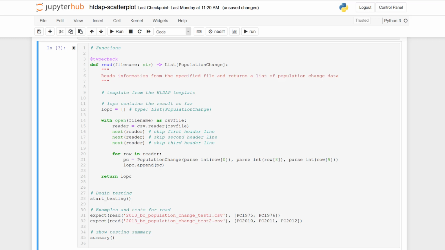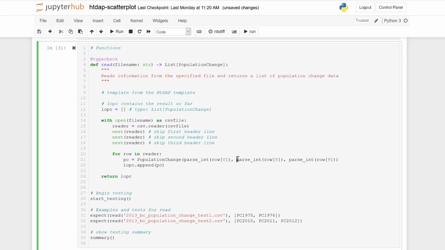Since we updated our data definitions, our read function for step 2b also needs a slight update. We now need to read in the births from column 5 and the deaths from column 6 and parse them both as integers before we create our new population change data point.